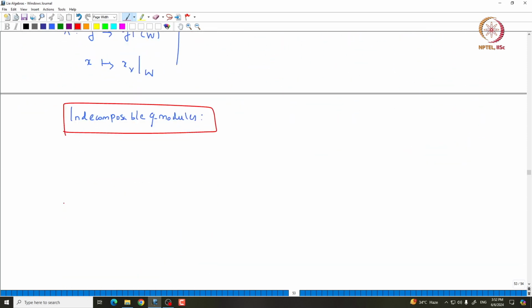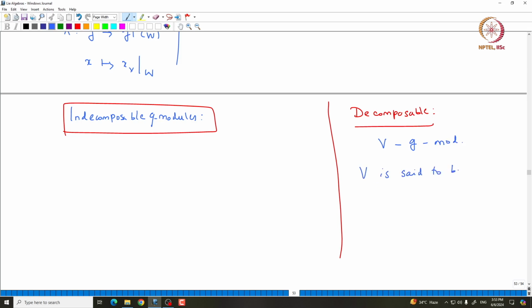Let us first define what is called decomposable, then it becomes easy to define indecomposable. Given a representation V, a G module, V is said to be decomposable